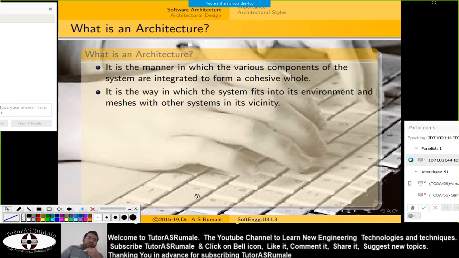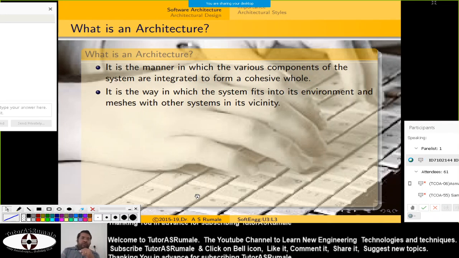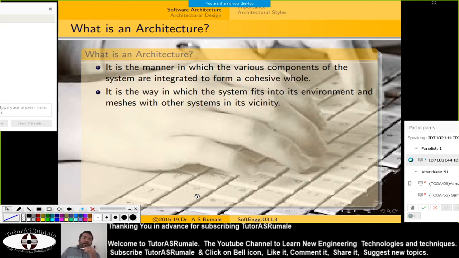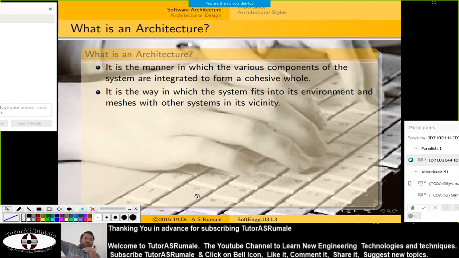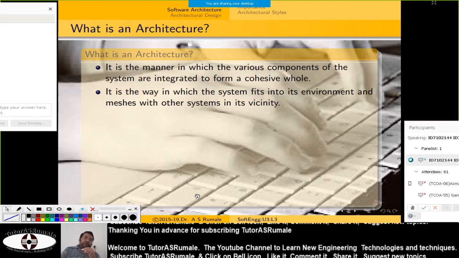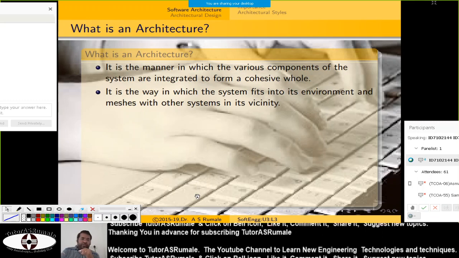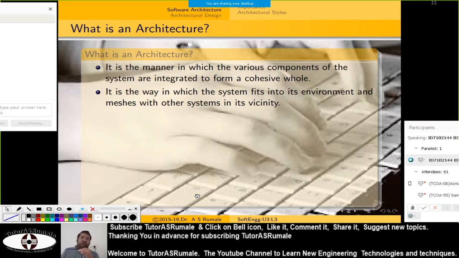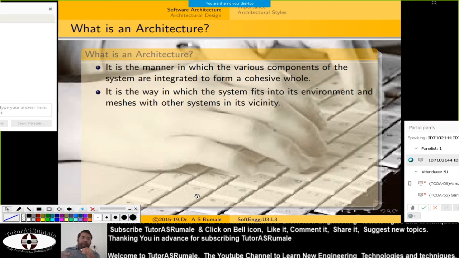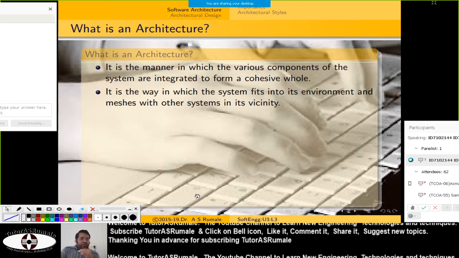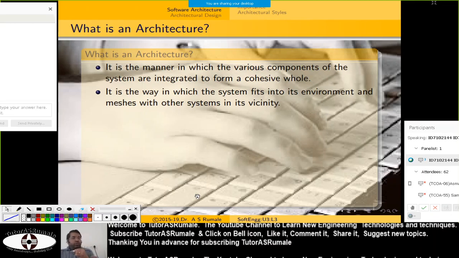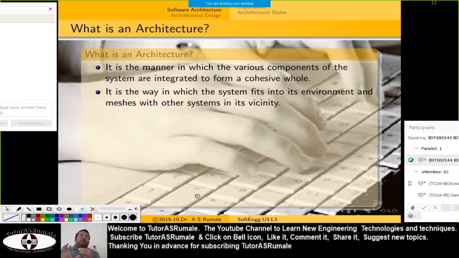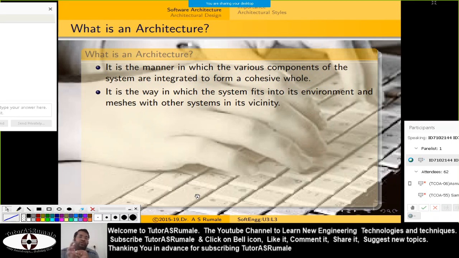For example, let's say suppose you are having a Bluetooth device. Okay, and you turn it on. So what will happen? That Bluetooth device tries to identify all the Bluetooth devices within a radius of 100 meters and something. And what we call this is meshing with the other system. So vicinity, and if they accept and make the handshake, then these Bluetooth devices can form a mobile ad hoc network, what we call a MAN, or Piconet. So that is what you can say the system fits into the environment.